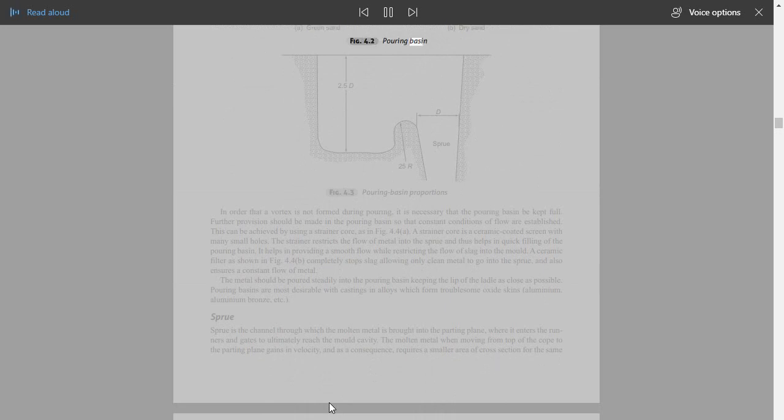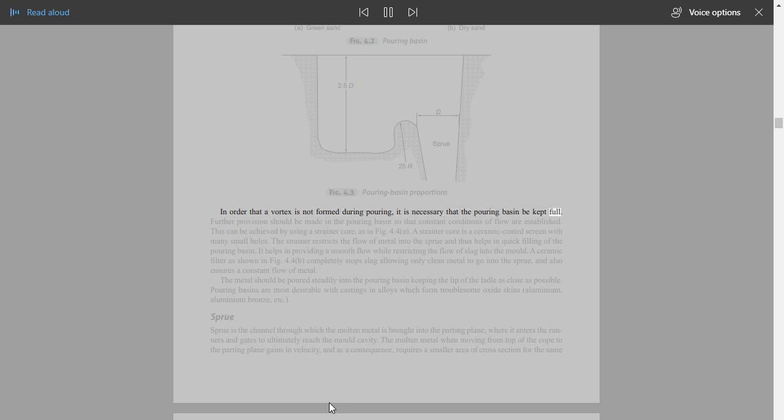4.2 Pouring basin. Sprue D. 2.5 D. 25 R. Fig. 4.3 Pouring basin proportions. In order that a vortex is not formed during pouring, it is necessary that the pouring